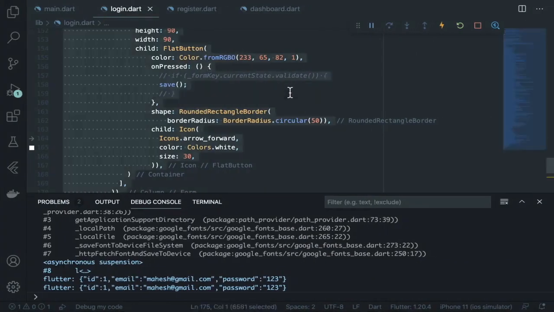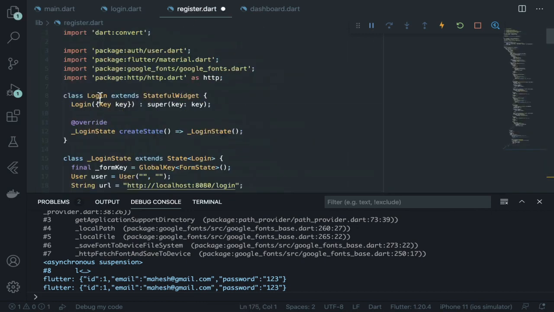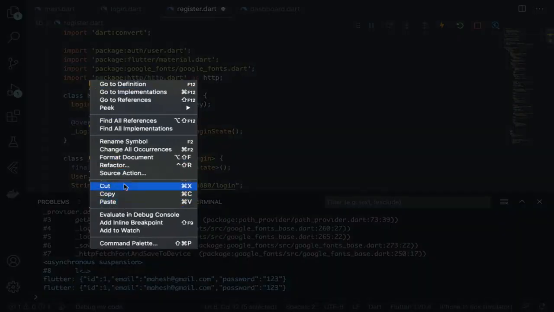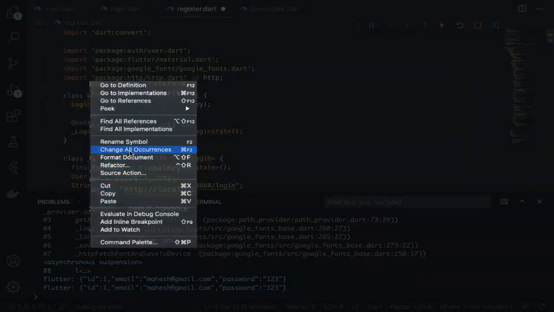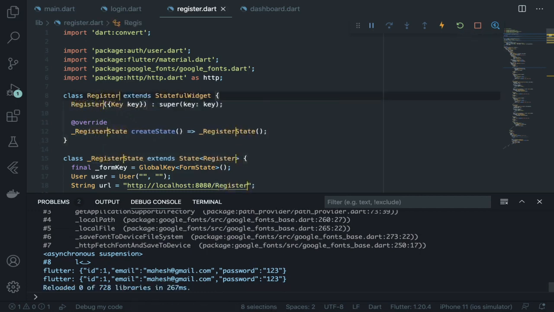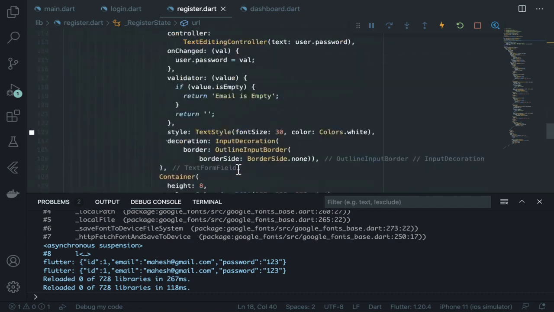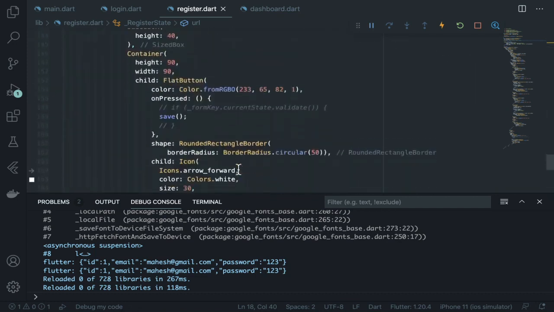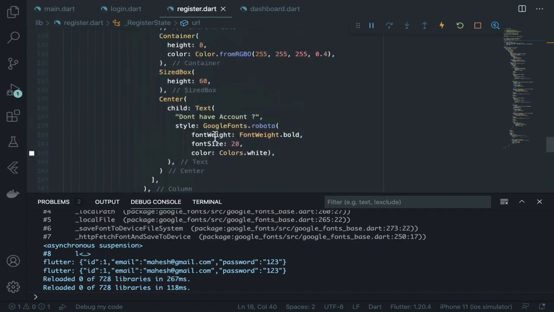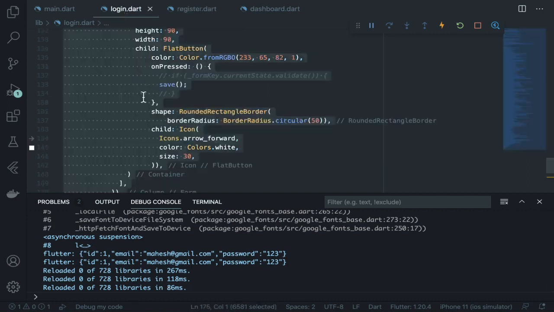So you can grab all the source code as it is in register, but this time, instead of login, rename this thing, change all occurrences with register as usual, like this, and this thing will be register. And in here you just need to define already have account like this. Okay, and we need to navigate this thing